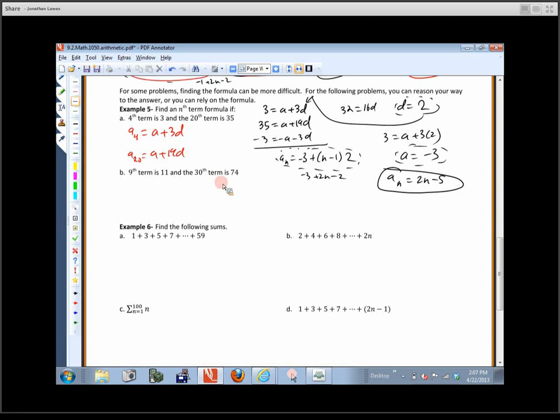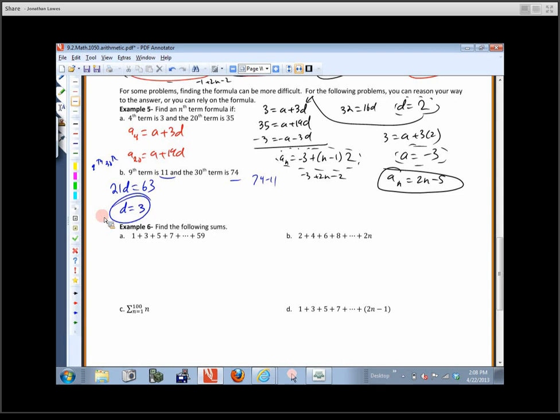Okay. If you're on the 9th term and you go to the 30th term, how many common differences are there between the 9th term and the 30th term? There are 21 common differences, right? Yeah. So the difference between the 9th one and the 30th one is going to be 21 common differences. Well, how far is it between those actual numbers? 74 minus 11 is 63. Well, lo and behold, look at that. d equals